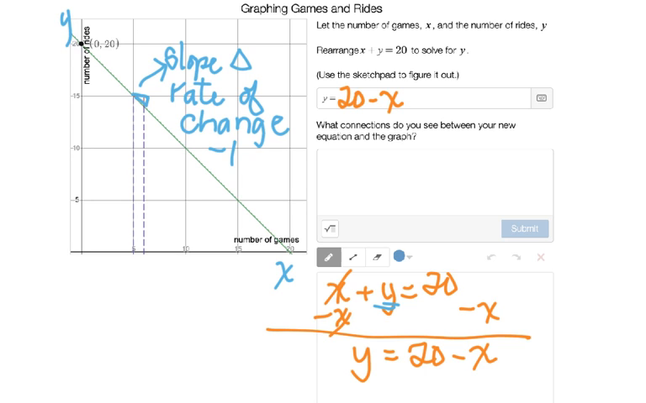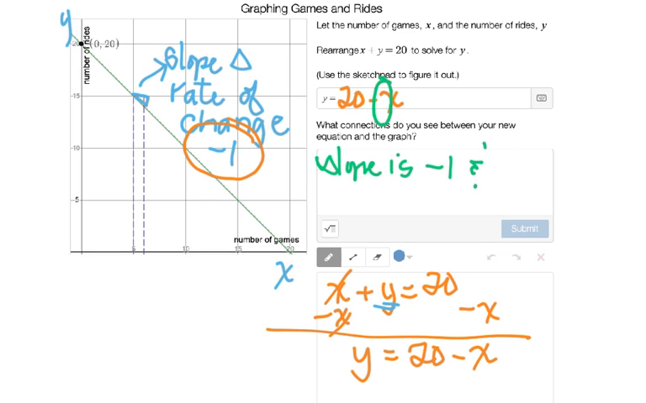new equation and the graph? Well, remember what we determined? That slope was -1. And I want you to remember that right here, this number that sits in front of the X value is -1. We don't write -1. It's implied that it's there. So now I see that my slope is -1,